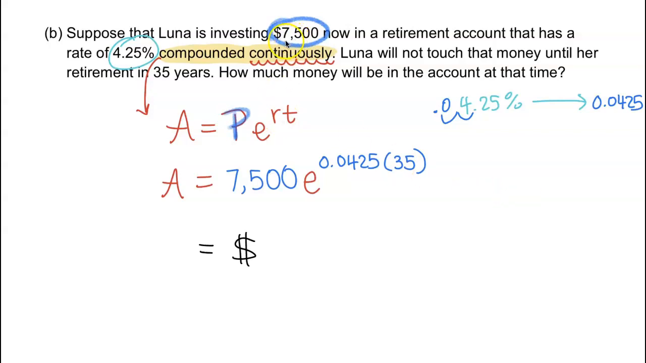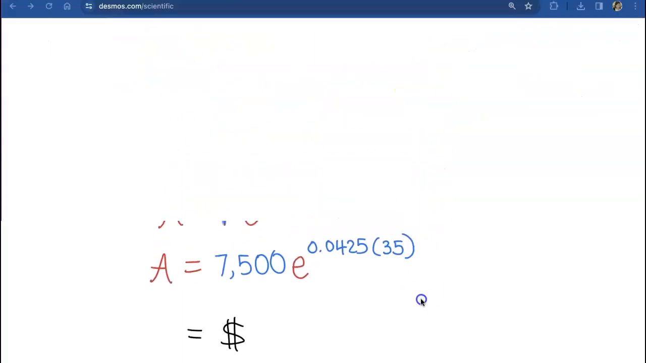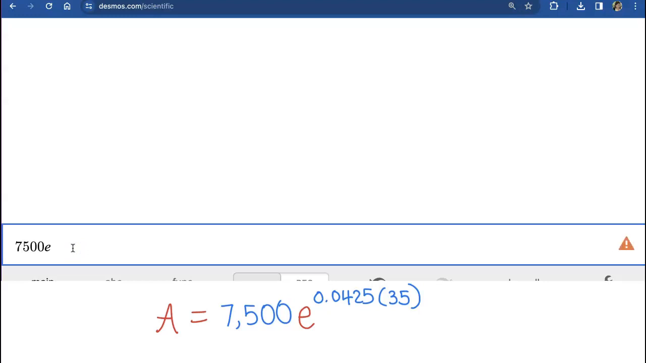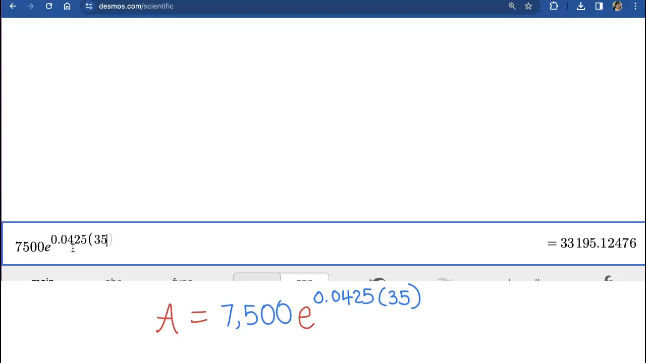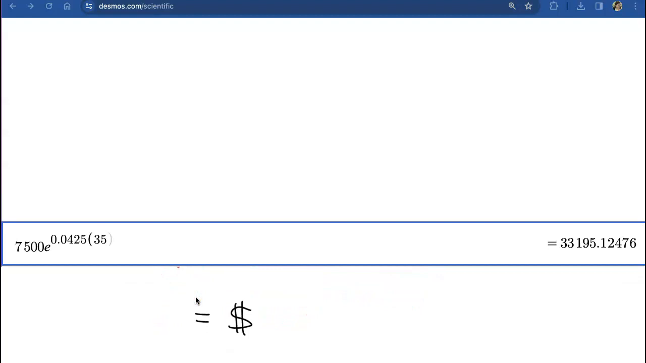So, okay, let's say we have $7,500 today, and just invested for 35 years. How much money are we going to have in 35 years? Let's take a look. So I'm going to type in 7,500 times E to the 0.0425 times 35. So look, wow, that's good news for Luna right there. She is going to end up with